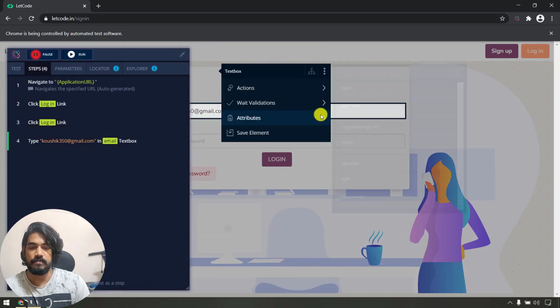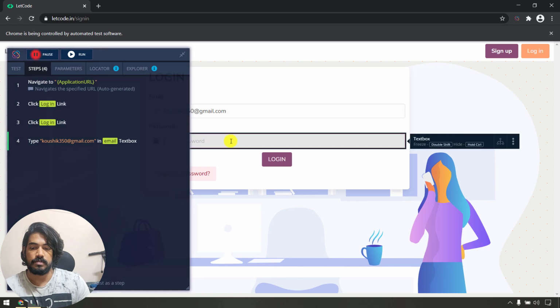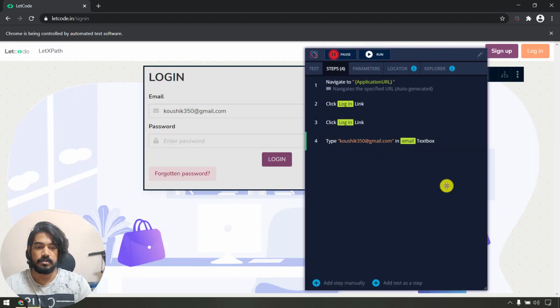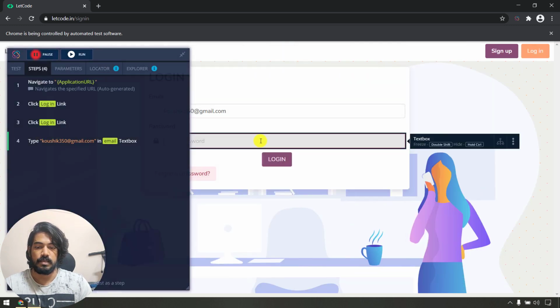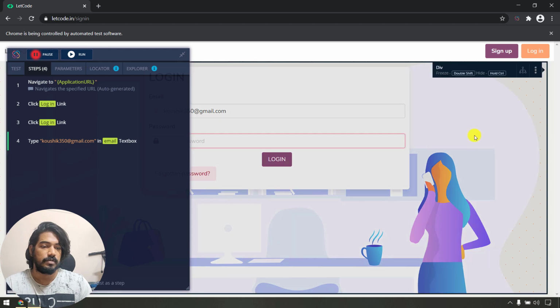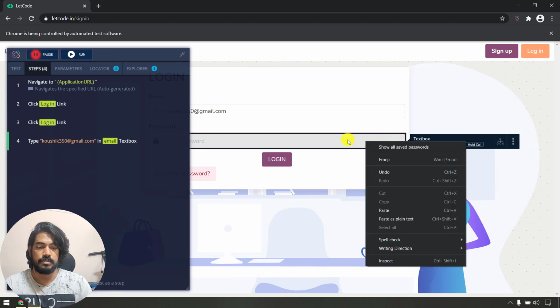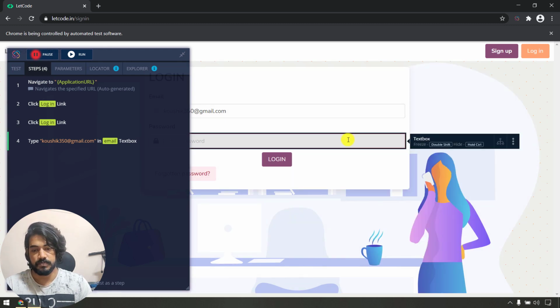Okay, save step. Where is the recorder? Okay, so here we have it. Now next, we have to click on this. So I'm going to type my password, which I don't remember, so let me check. If I type here, will it record there? No, it's not recording actually.